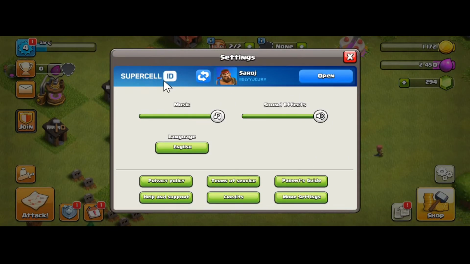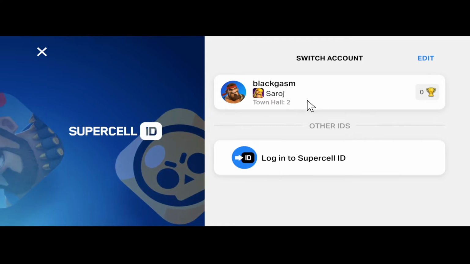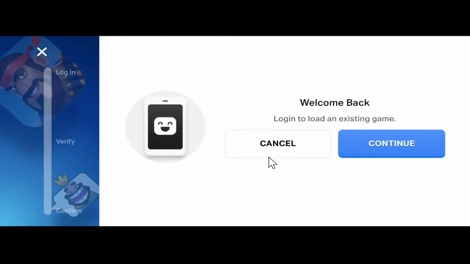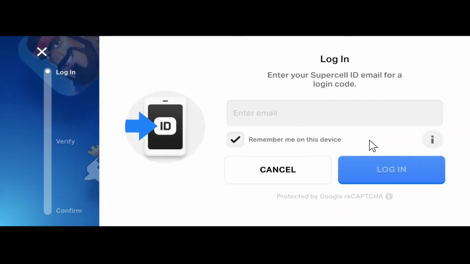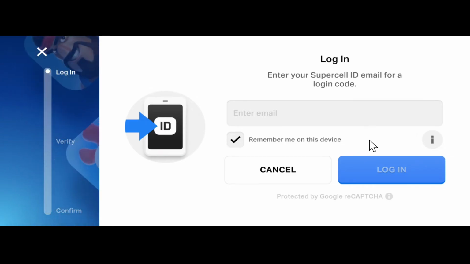From here you will see your Supercell ID as well as the switch button. Go ahead and tap on it and you will now see your current account as well as another login button. You can tap on the login to Supercell ID button and then tap on continue, and you will now be asked to enter the email address. Type in the email address of the new account that you wish to switch into and then tap on the